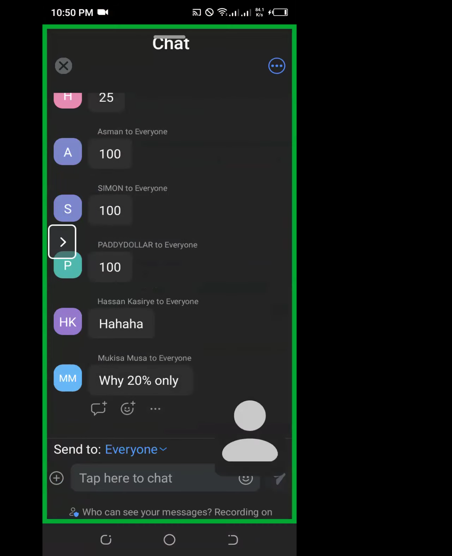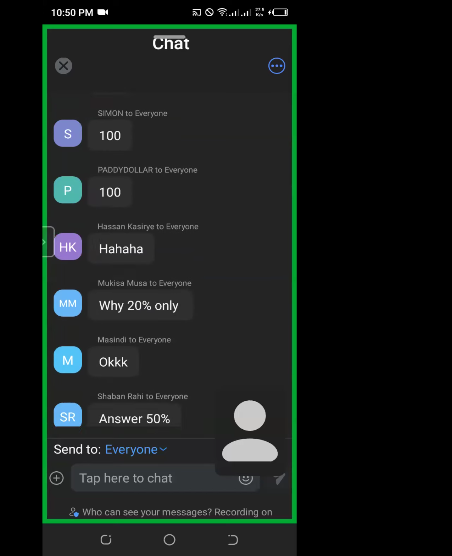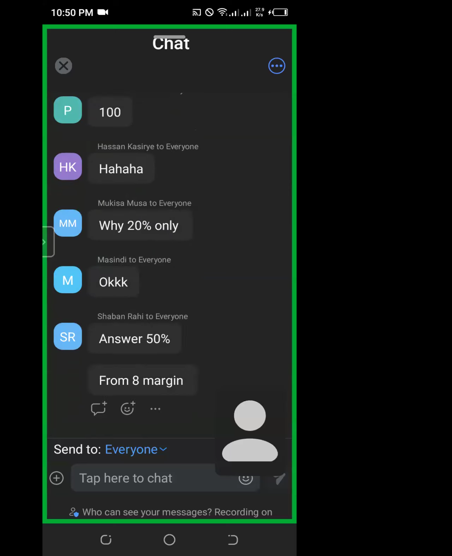Someone is asking me why 20%. You can also use 15% or 10%. For me, that's what I want to use. People use 10%. Other people use even 5%. Others use 25%. It is your choice. But you can use 10% or 20%. It's not good to use 50% of your capital, please.